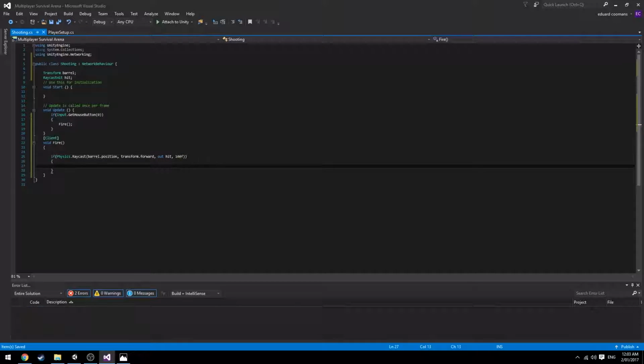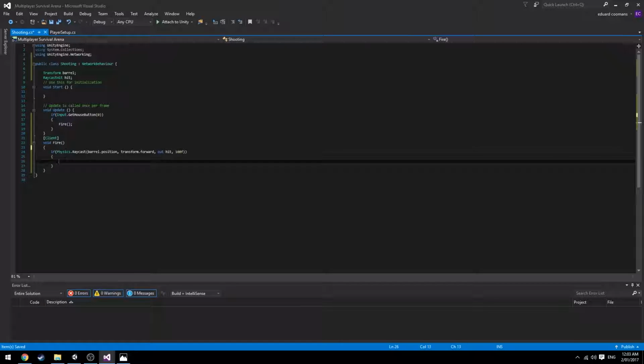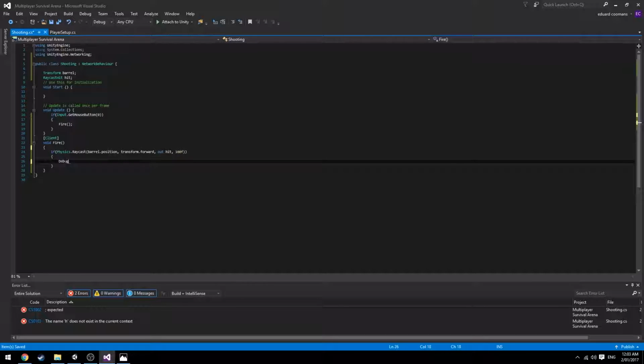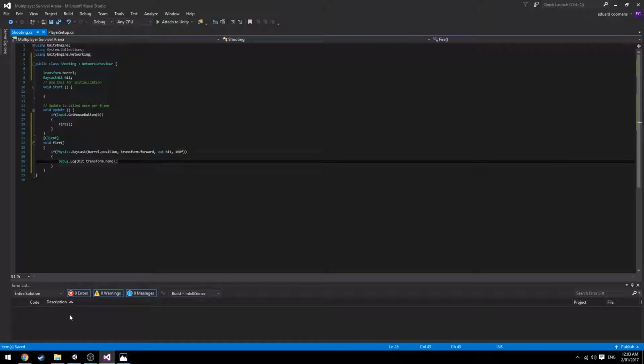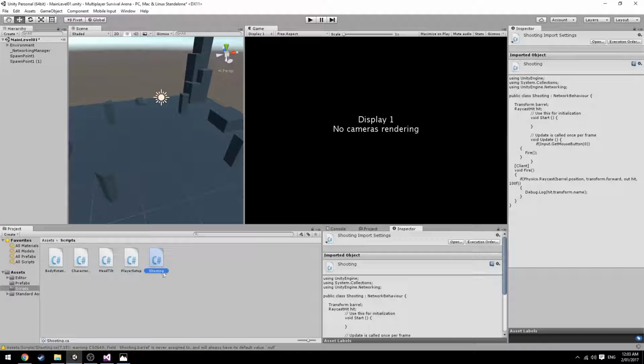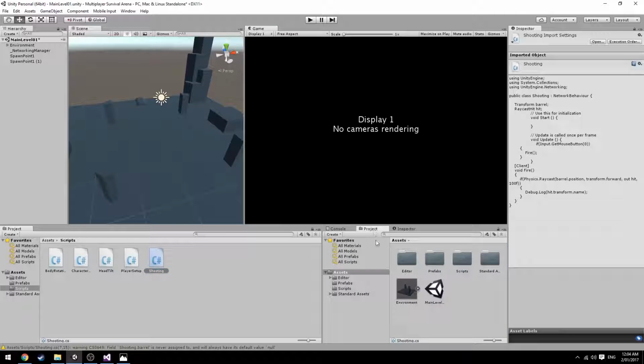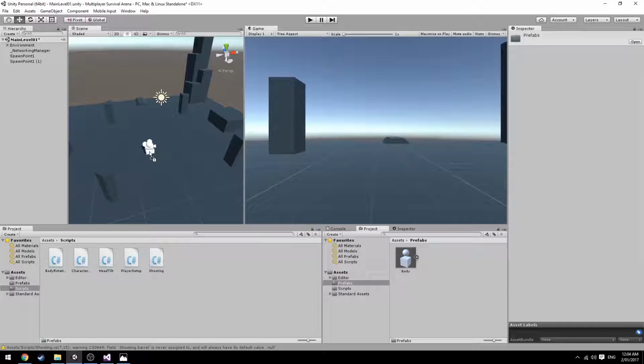And once that's it, we can go ahead and test if it's working. So if it hits something, then we want to say Debug.Log hit.transform.name, because names are easiest, since we'll be able to see what we're actually hitting. So go ahead and add that to our game object. Let's just drag it into the scene here,